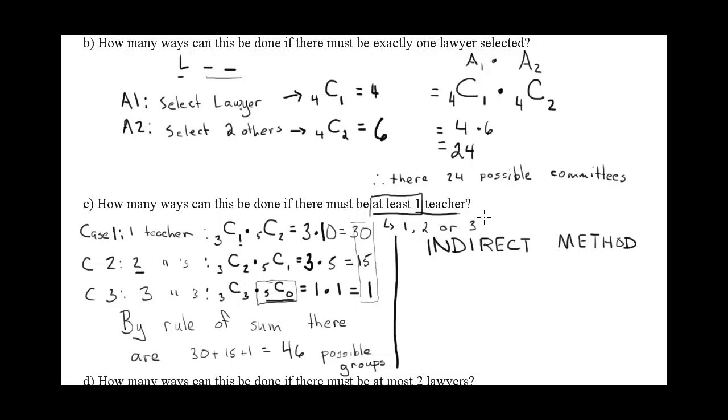Well, what's the cases that aren't included? Sometimes we'll say the opposite, and that would be selecting 0 teachers. So the indirect method, we're just going to look at the other case, the case that didn't fit into what we wanted, 1, 2, or 3. So if you want 0 teachers,